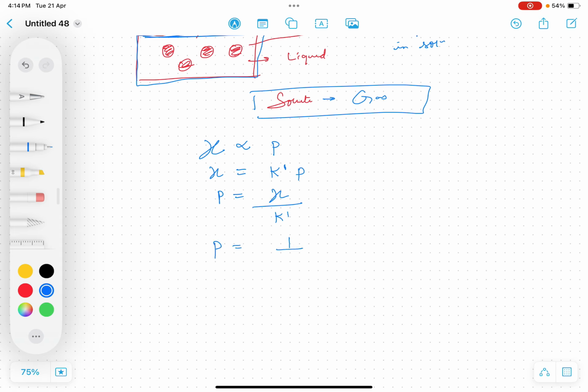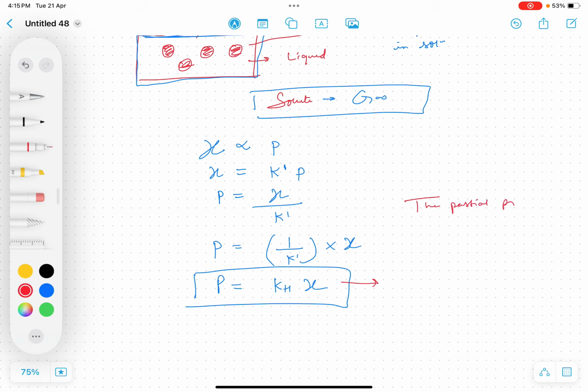Now we are taking 1 upon k dash as a new proportionality constant, and we call it as kh. So this is the new expression to show Dalton's law, which is defined as the partial pressure of gas. We can see from the formula the partial pressure of the gas is related to mole fraction. So by interchanging the side, as in the first